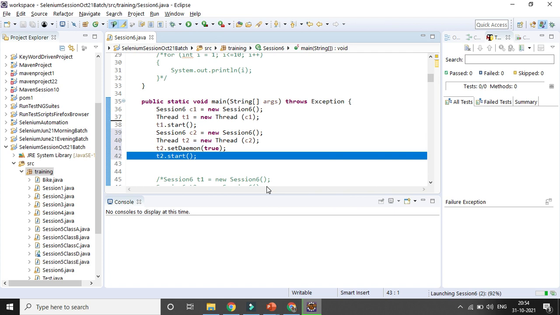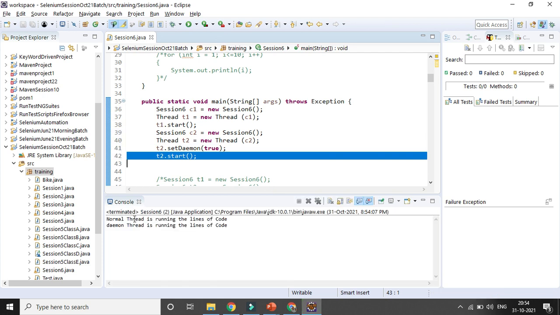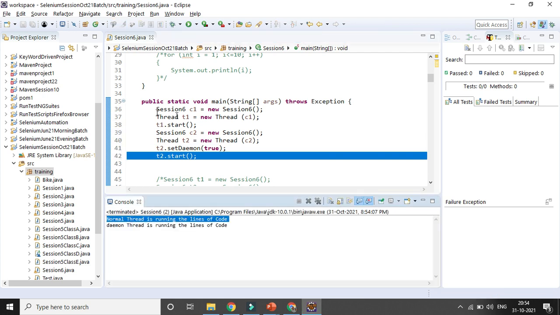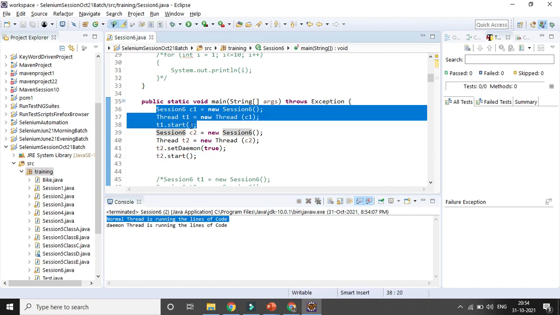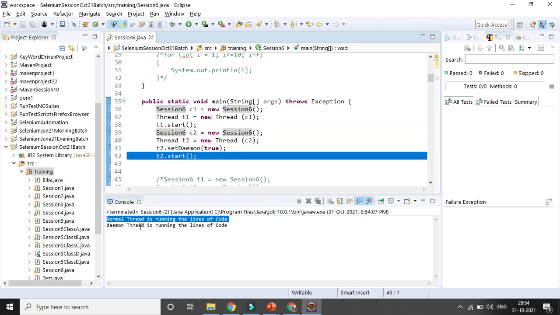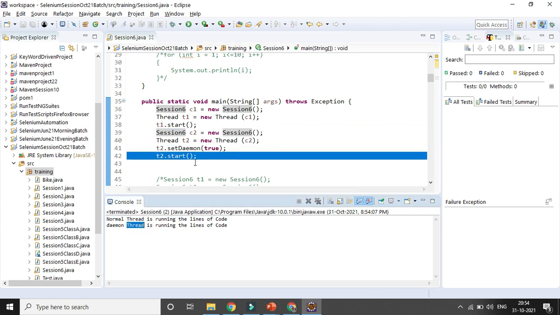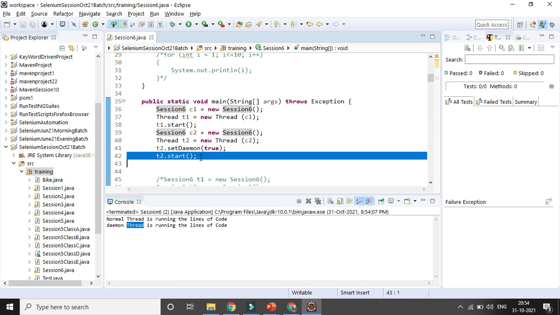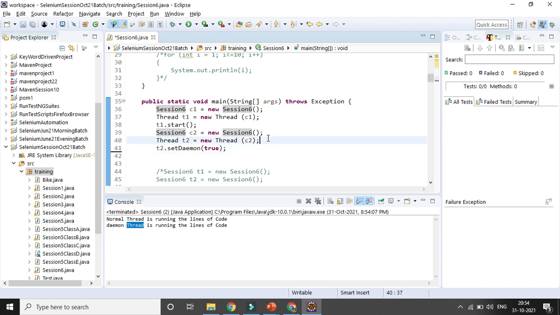But if you start them and after that try to set them, it will throw an error. Once it is started, you cannot change it to a daemon thread because it is already started and running, right, from the runnable status. You could see the error message, an exception in thread, is coming. So both of these will be treated as normal threads only. So that's how you can deal with the thread.